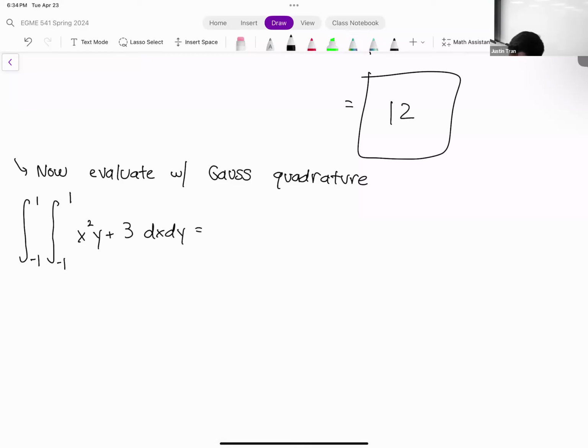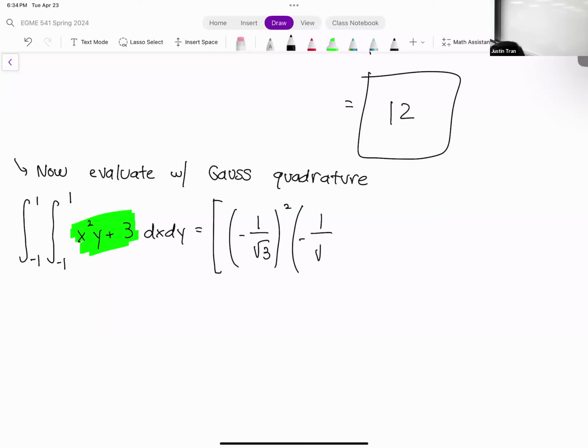So we're going to take our integrand here, x squared y plus 3, and evaluate it at each of the Gauss points, and then just add them up together. Let's go ahead and start. Our first Gauss point is -1/√3 for x and -1/√3 for y, so that's going to be -1/√3 squared times -1/√3 plus 3, plus